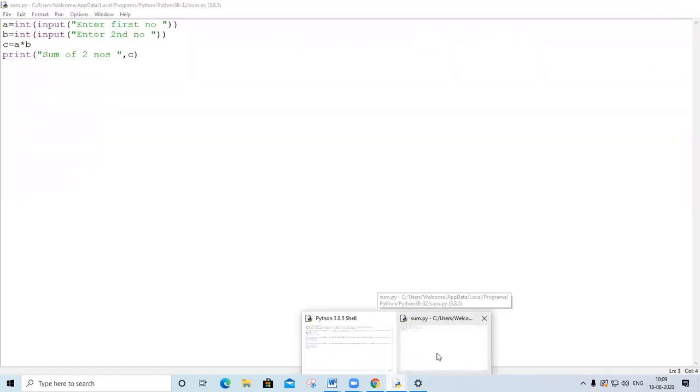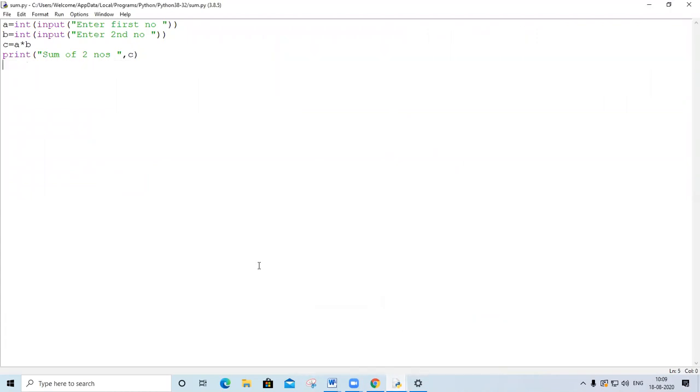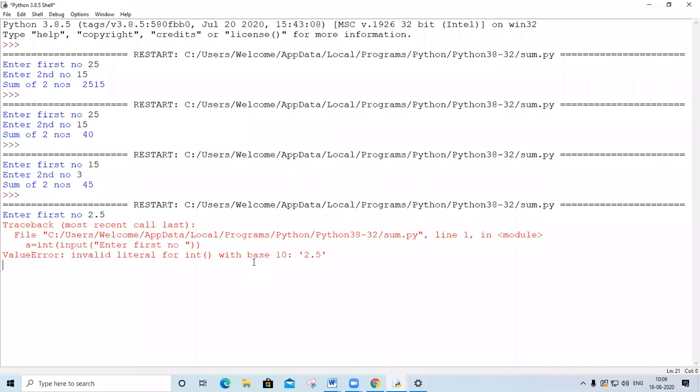Now we'll go for one more concept. Please write programs. This is to find the product of two numbers. Very simple. You have to take a number, int. Now the problem comes when we use, suppose, the first number as 2.5. Just see, it's showing error, invalid literal for int. It means your 2.5 is a constant value that is known as literal. I have already told you.